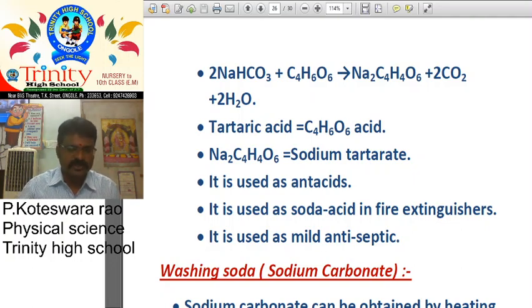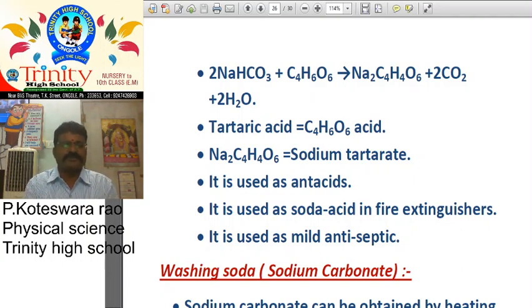So what are the uses of baking soda? A simple use is for fast cooking of foods. Next, baking powder is the mixture of baking soda and tartaric acid. In this process carbon dioxide gas is released. So if you touch the cakes, buns or breads, their surface is smooth because it ejects carbon dioxide.